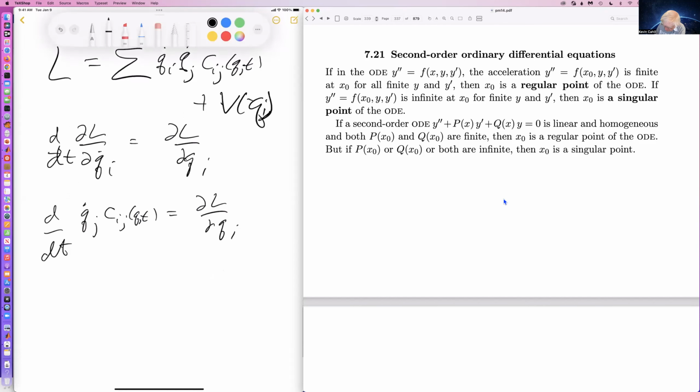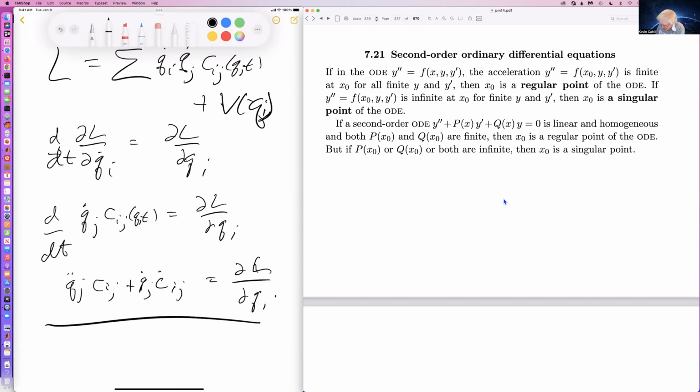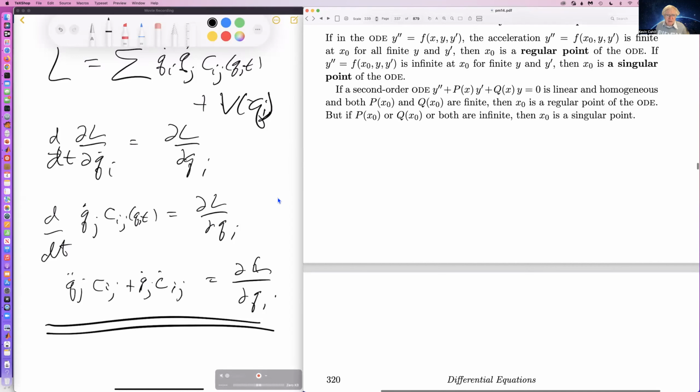And d by dt of that then is q double dot j times c_ij plus q dot j c dot ij equals partial L partial q_i. So you almost always have second order differential equations in physics, and in mechanics, classical mechanics, in Maxwell's equations,